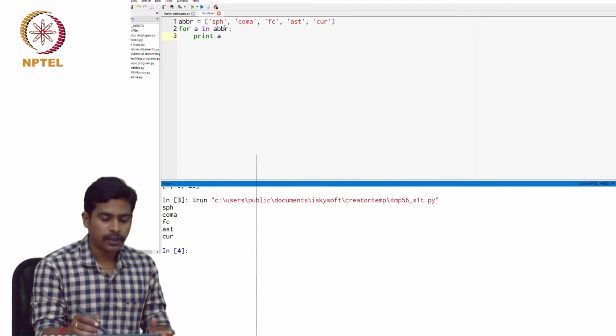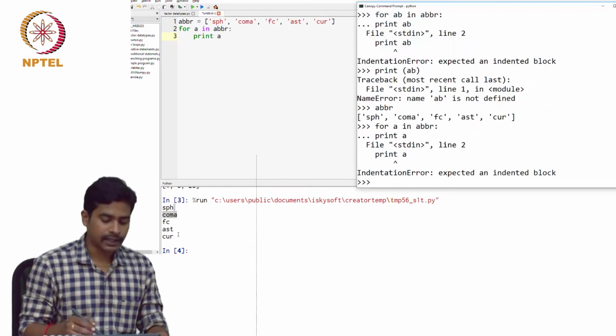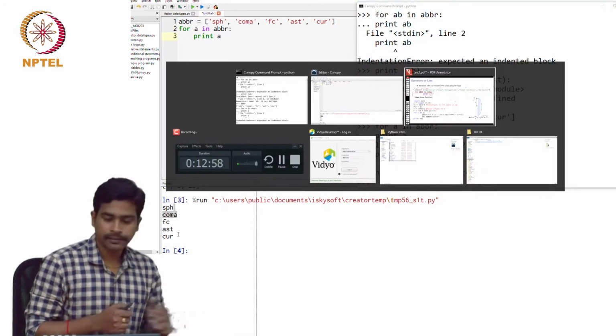We used a for loop, and a is the dummy variable here, and on each iteration step a is assigned one of these strings, and we are printing the strings in the output command.